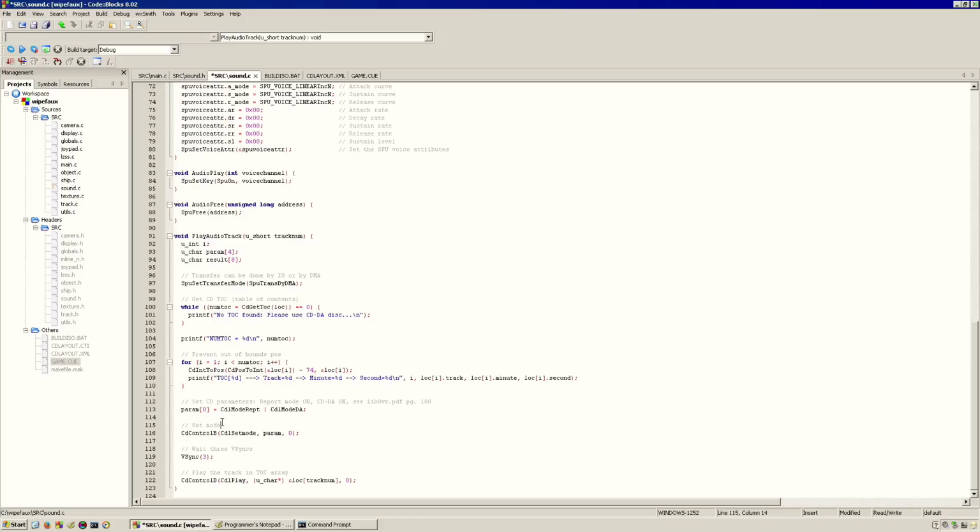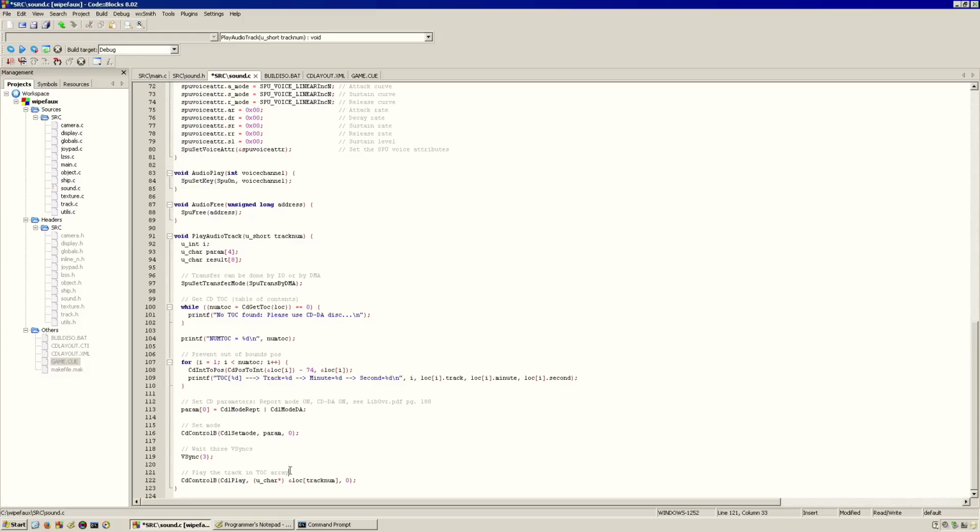So we set this mode using CdControlB. So we can go there, CdControlB function, we set the mode, passing the parameters that we just populated right here. So it's a combination, a joined bitwise OR between this and these constants. We set these parameters and 0. And then it is customary to just also wait 3 vsyncs. So we have this vsync right here. We wait, we give a little bit of a buffer to process,